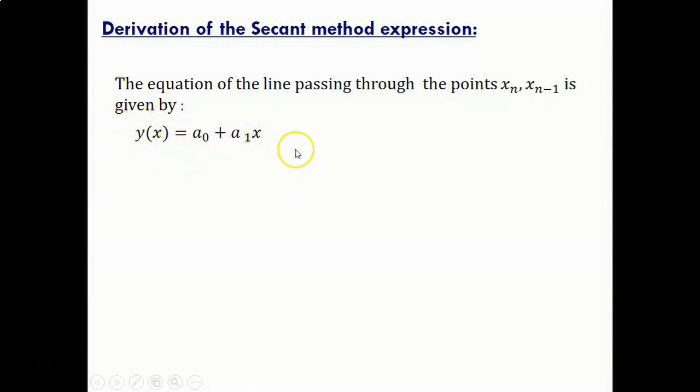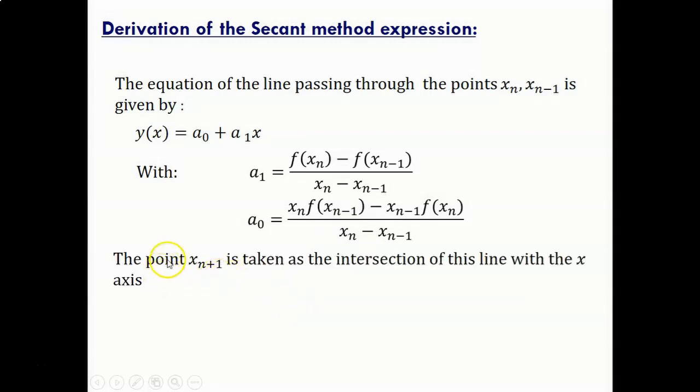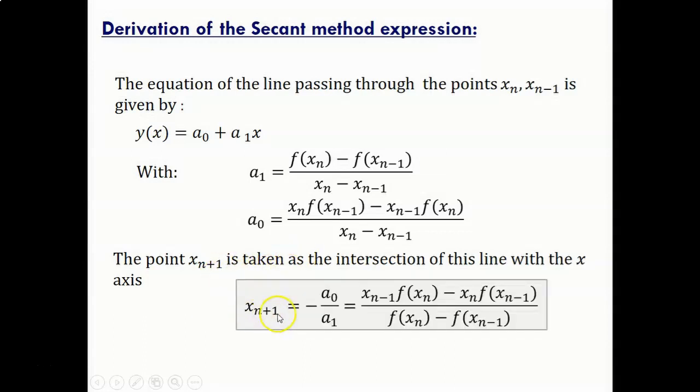So we are searching for a line with the expression y of x equal to a0 plus a1x, where y of xn is equal to f of xn, and y of xn-1 is equal to f of xn-1. So we get the expressions for a1 and a0 as we did for the false position method. And now finally the point xn+1 is taken as the intersection of this line with the x-axis,